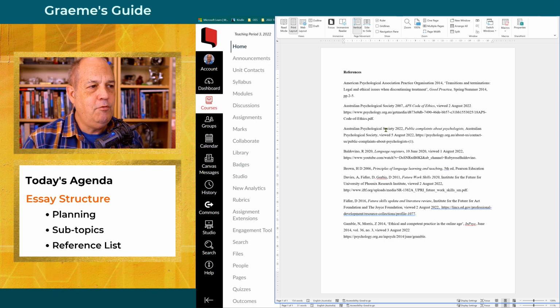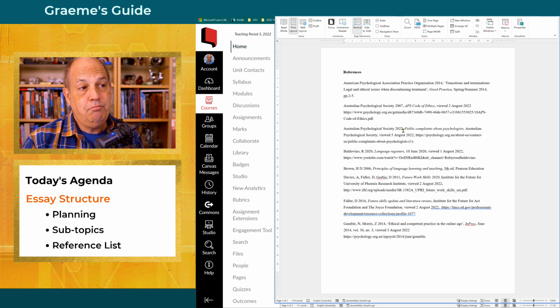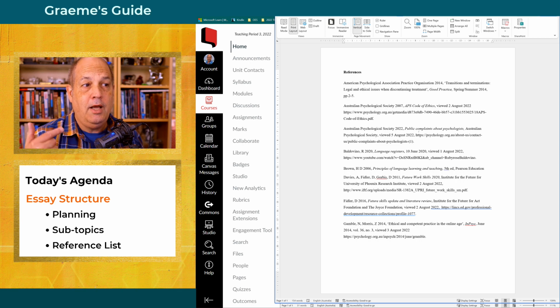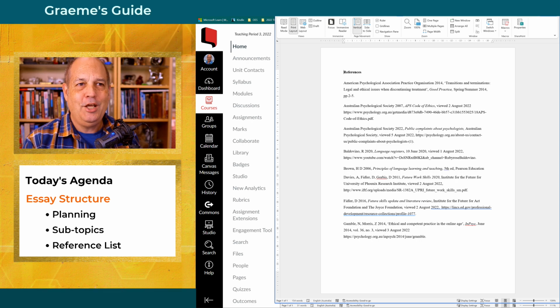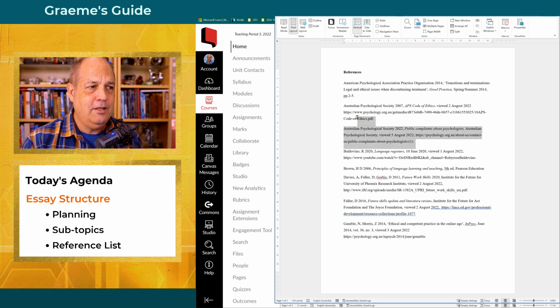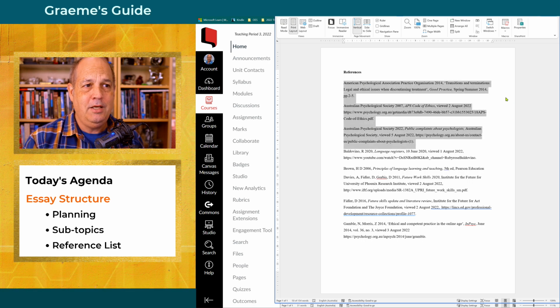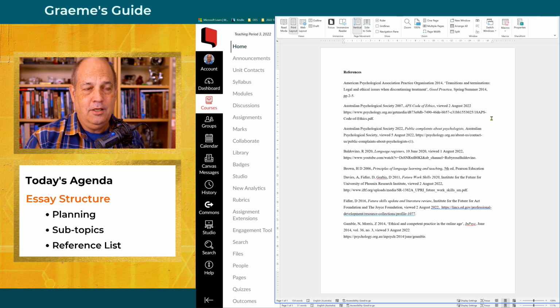That's all good. And then they've used another source as well to further support their discussion, also by the Australian Psychology Society, a document that talks about public complaints about psychologists. Now, presumably this might have helped inform or support their discussion for section 1, possibly also for section 4, when they were talking about possible solutions for the ethical issue. So already these 3 sources are telling me the person's done wider research and is very well informed to write the write-up of assignment 2.